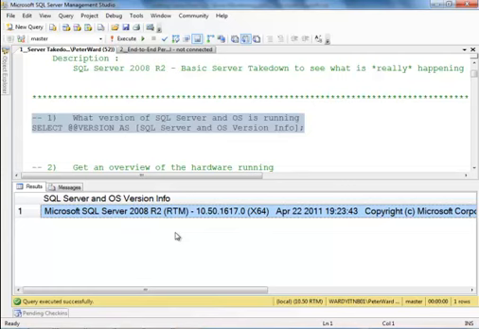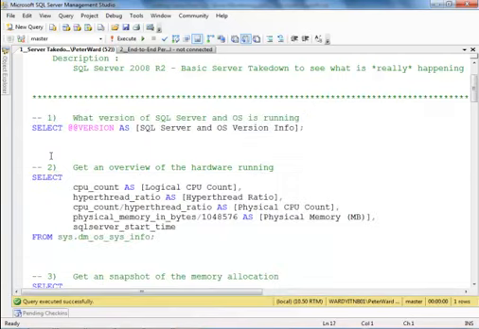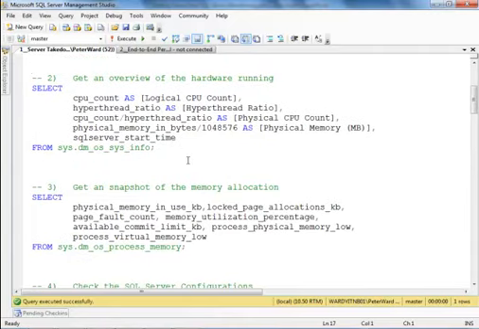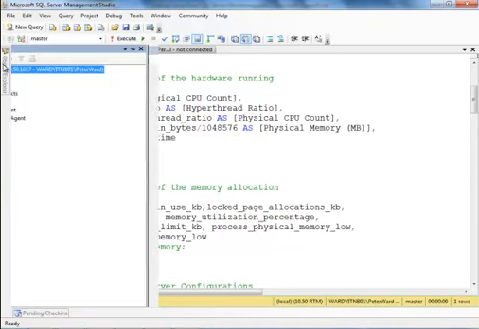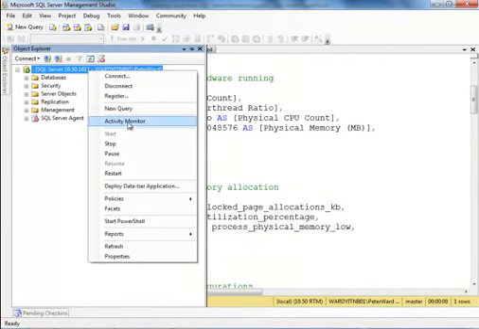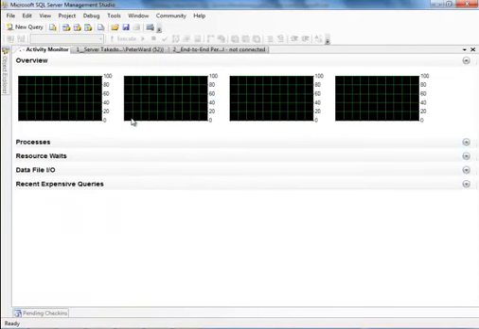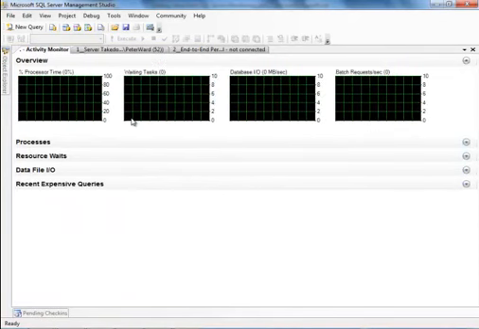Okay, what am I dealing with here? Because that's going to determine whether I can run the rest of this script, or whether I need to go back to old school and pull out Profiler and things like that. So the next thing I want to do is get an overview of the hardware that's running. Now you might be saying to yourself, why do I want all of this coded? Why can't I just click around and go to System and get all the information that way? Well, I want to get it all in one spot. Yes, a lot of people click on Activity Monitor here, and SQL is going to sit there and get all that information, but it's not going to get it down at the detailed level that we want in order to drill in. That's why we want to pull out the DMVs and start to utilize that information.